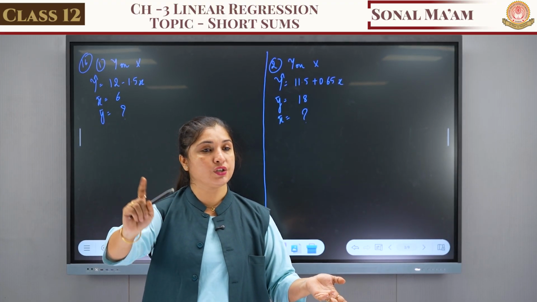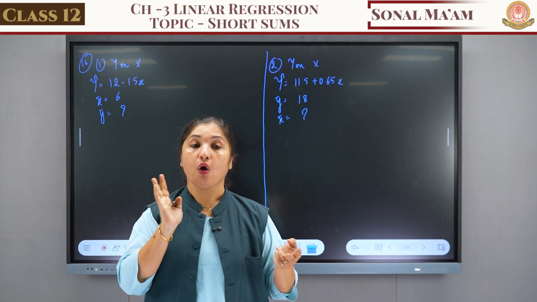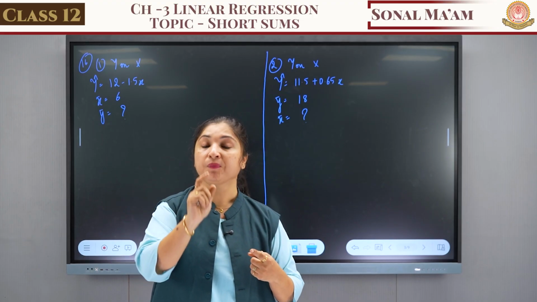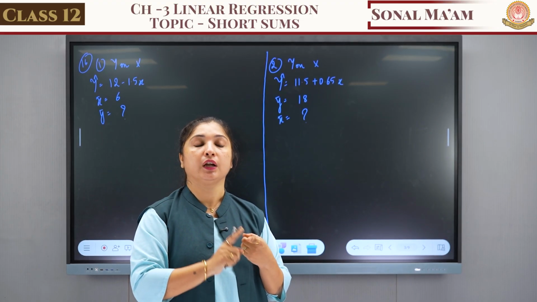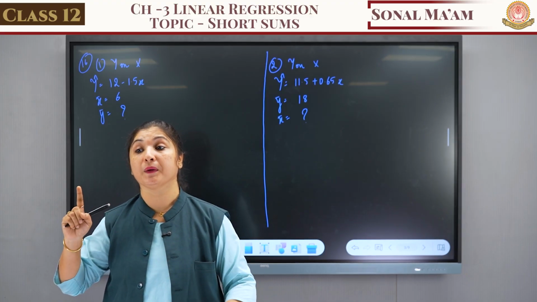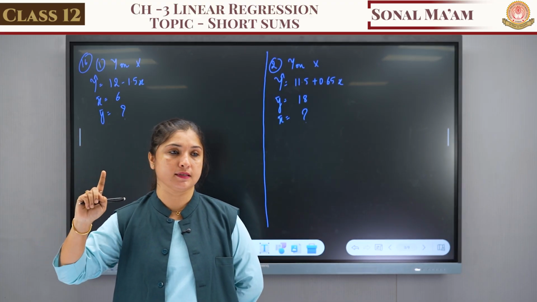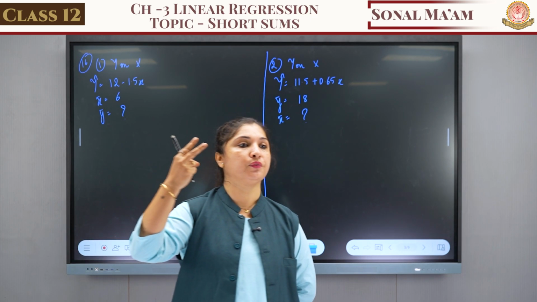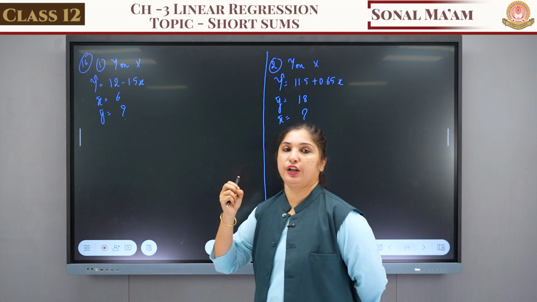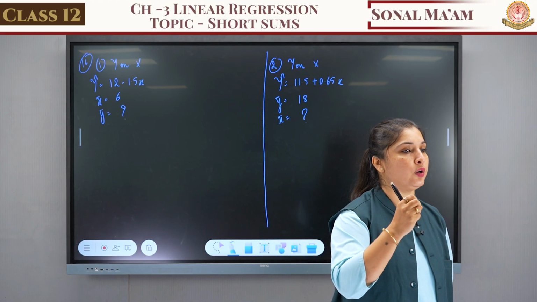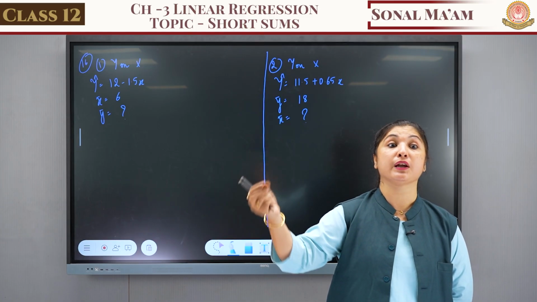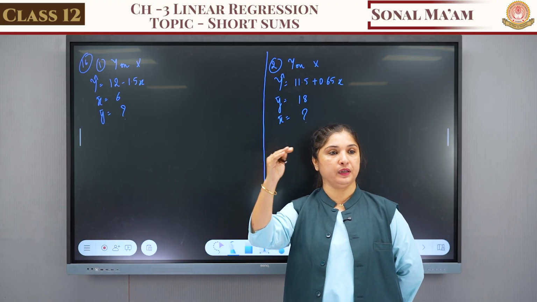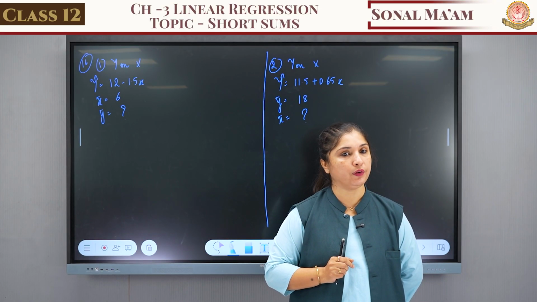So whenever it is correlation, it might be written find correlation, or if it is rank correlation, it might be written find rank correlation. And if it is not mentioned as rank correlation, you have to understand it will be done by Karl-Pearson's method. We have learned two methods, right? We have learned Karl-Pearson, and we have learned Spearman's rank correlation. If it is not mentioned that it has to be found by rank correlation, then Karl-Pearson should be used. And if it is mentioned as a regression line of y on x, then you have to do the regression, where we do the steps of b, a, and lastly y cap. Is it clear to everyone?